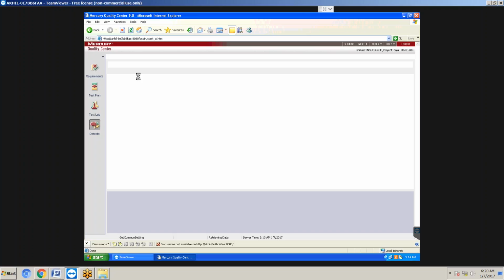If you give a message or mail or WhatsApp, they will not accept. This format they need. At the top of the page, you can see the project name, domain name, and who is the user logged in. The domain name is insurance, project name Bajaj, username is Aki, the tester who is doing testing and raising the defect. It is loading, just wait.